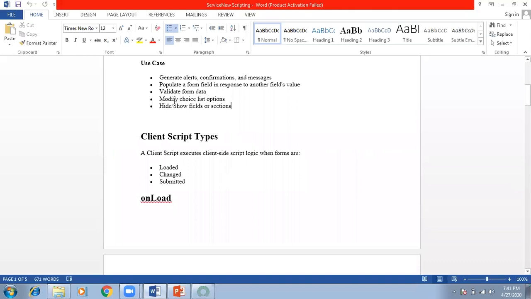Now, hide and show of a field or section. This requirement itself tells where the code needs to be written. If I say hide or show a field or section, do you need to do this at the database level? Logically, does this make sense? No, because you see fields on the browser, on the form, and the form opens in the browser.